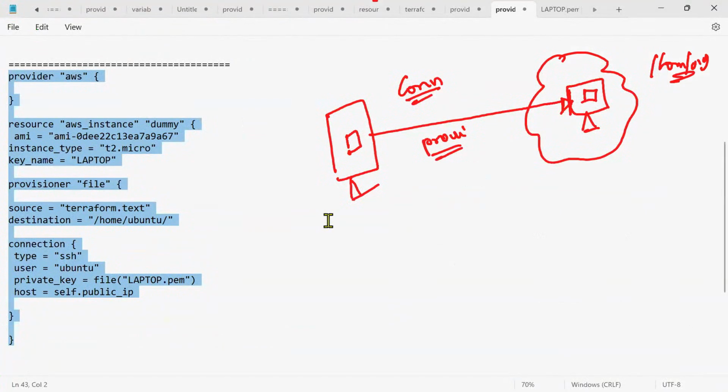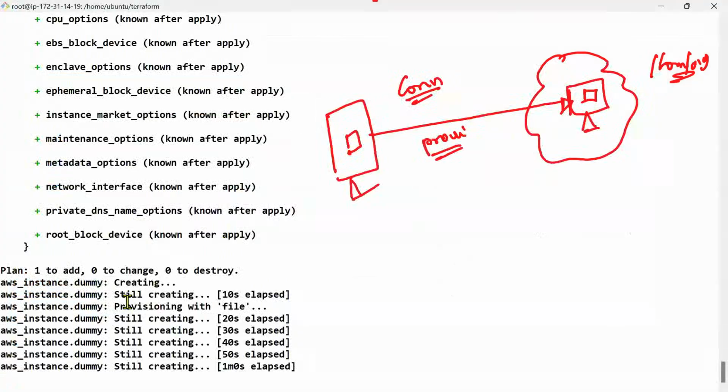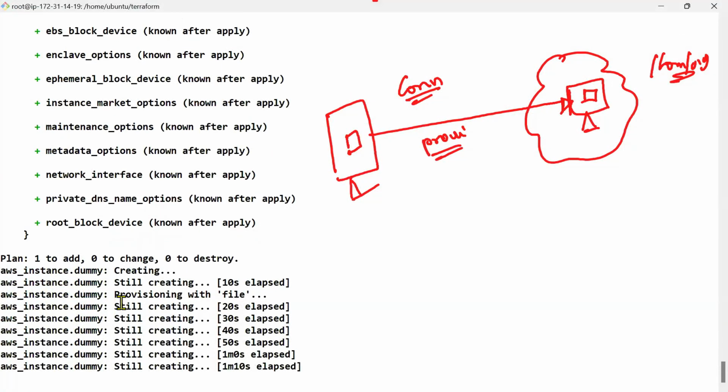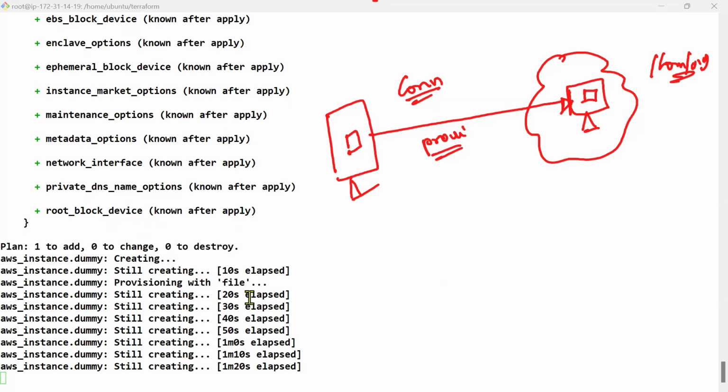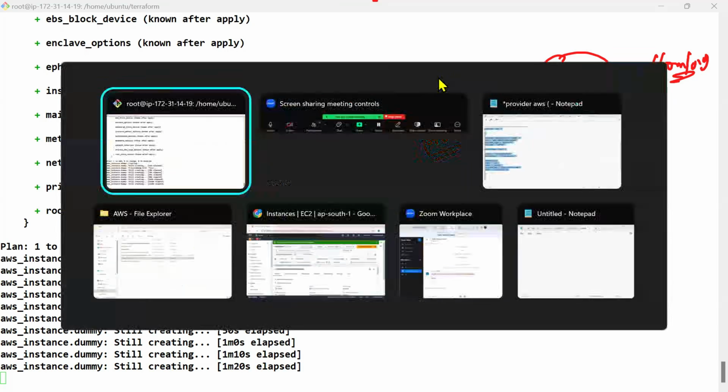Anyone? See, it will take some time. Don't worry. And once it is created, it will take some 2 to 3 minutes for doing all this activity. Once it is created, just log into this machine and see, just to verify it will work. No, nothing changes here. It will work. Just go back and see that. See now,